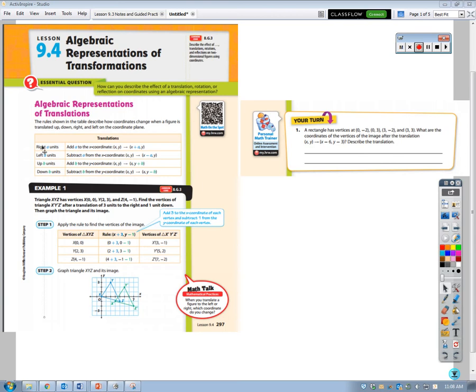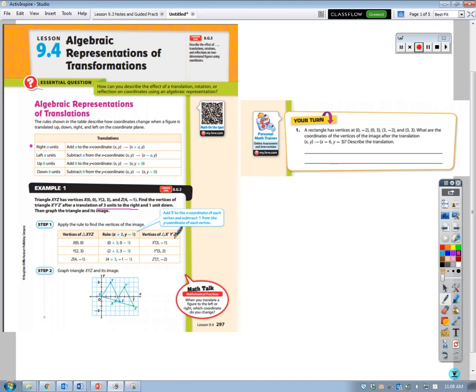So we are going right. So if we take a look up here at our rules, if we're going right, we are going in a positive direction. So we need to add the number of units that we move to the right to our x-coordinate. In this case, it would be 3 that we're going to add to all of our x-coordinates. So what they did here is they set up a table, right? So they've got all of the points of their triangle. They applied the rules, and then they have the points of the vertices of their new triangle,